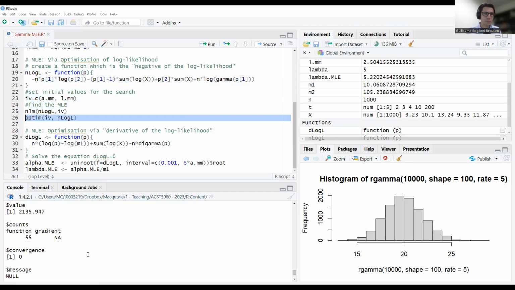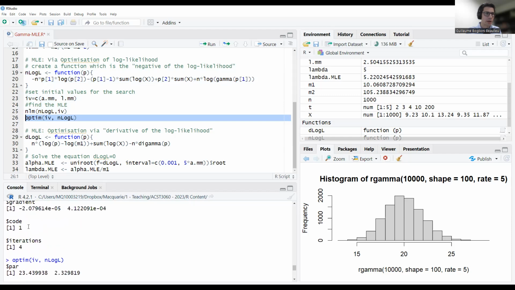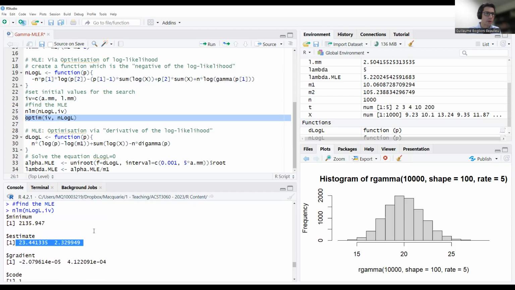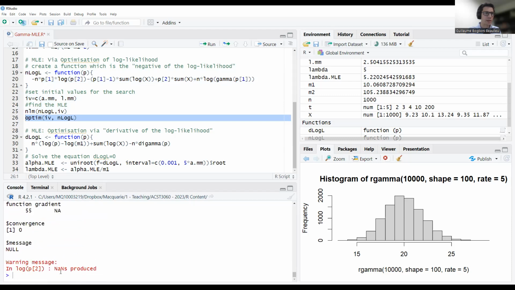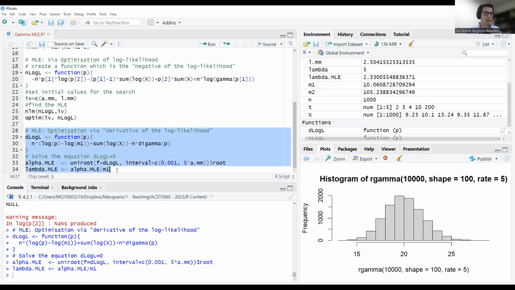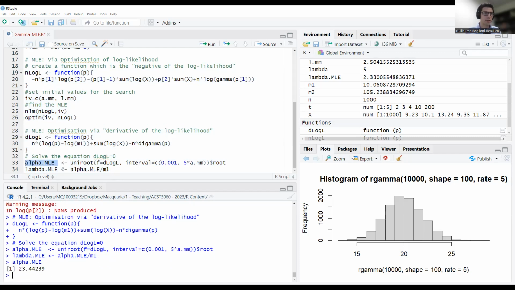Oh, you see, sometimes, well, it gives me the same estimate, 23.4. It still gives me the same thing. It's just that here I did get the warning message. Now, a warning is not the same as an error. A warning means that apparently at some steps in the optimization there were some NAs produced, but I don't think it matters here because we did get the final solution. Okay, and again, we can try the same thing here. See if we get the same values again. We should. Okay, 23 and